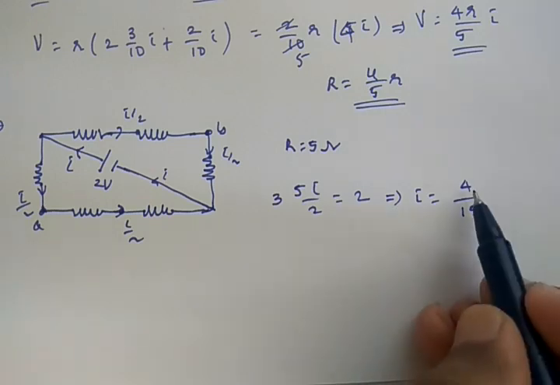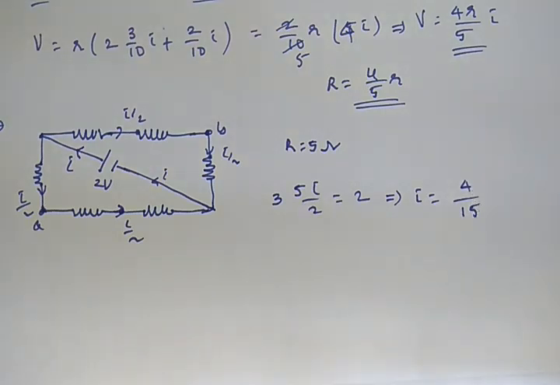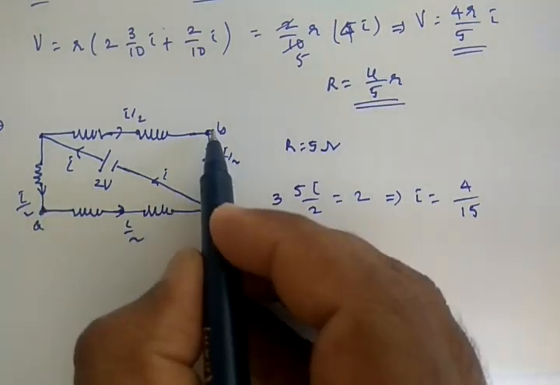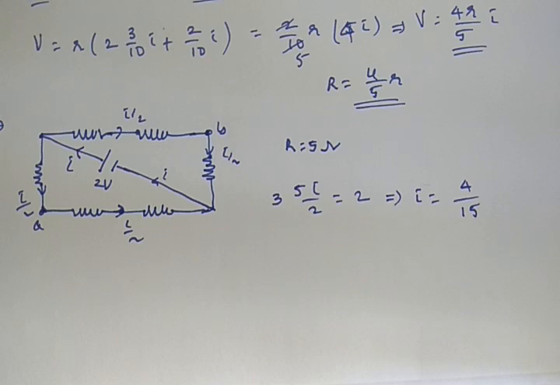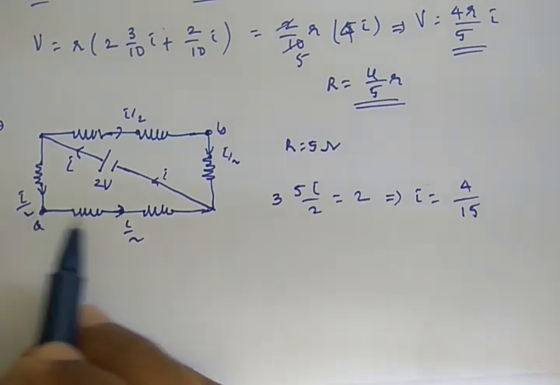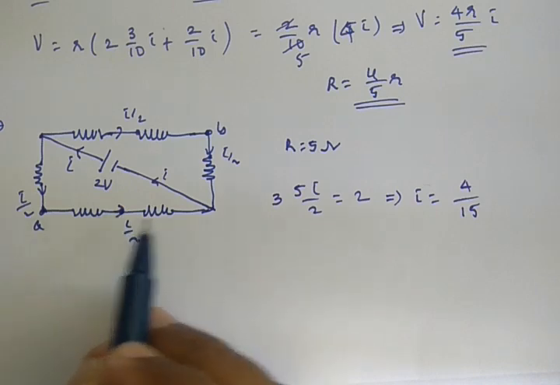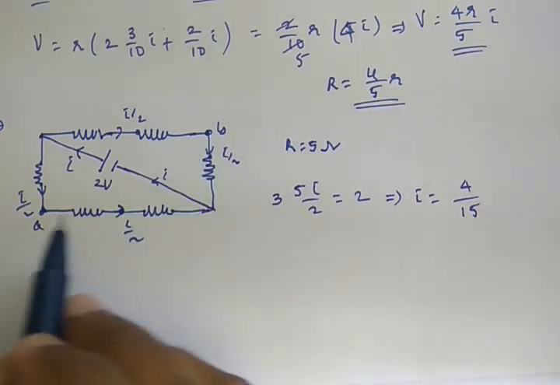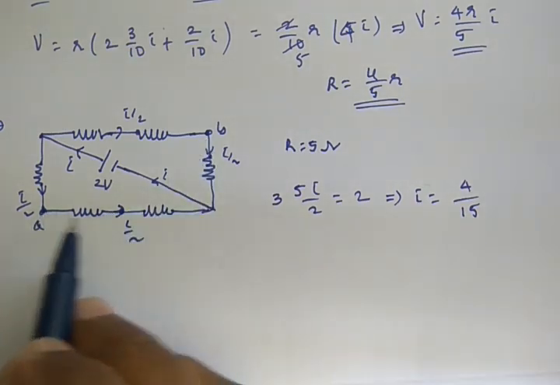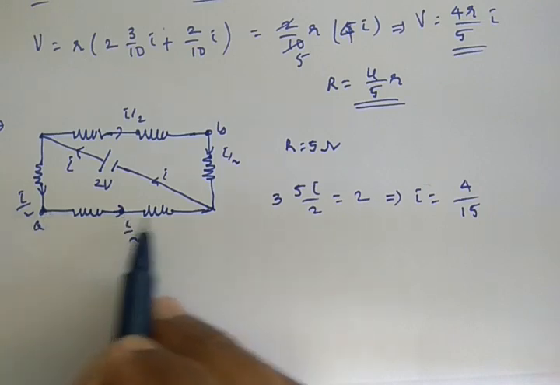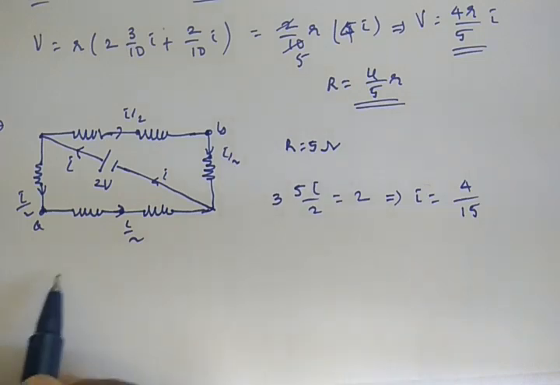So I equals 4 by 5. Now you want to get the voltage across A and B. So the voltage across A and B will be equal to the sum of the voltages across this resistor, this one and that one. So if you add all the voltages across these resistors, you will get that. So you can write VAB equals to,